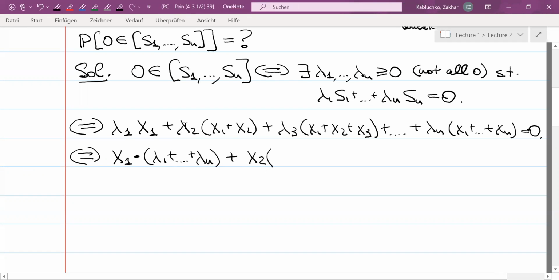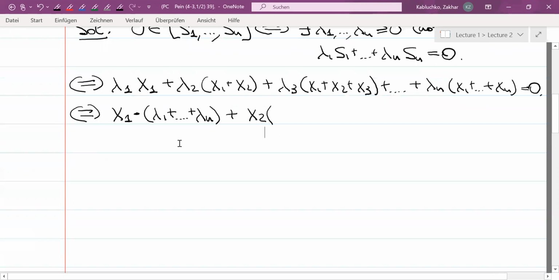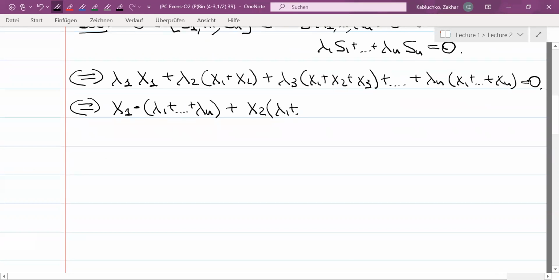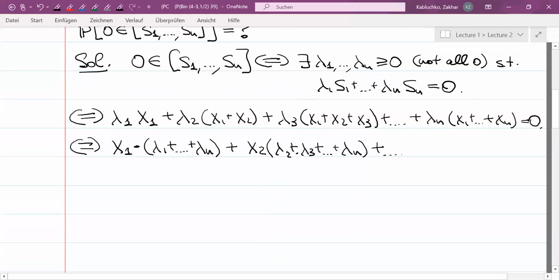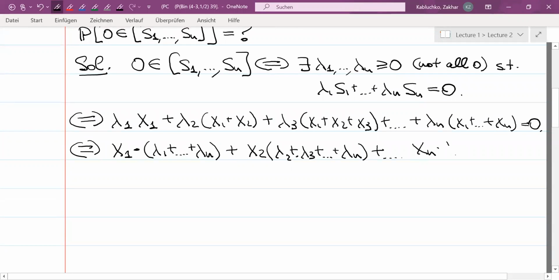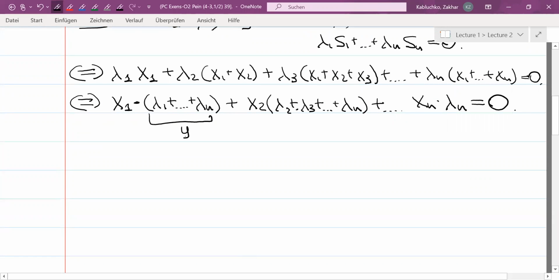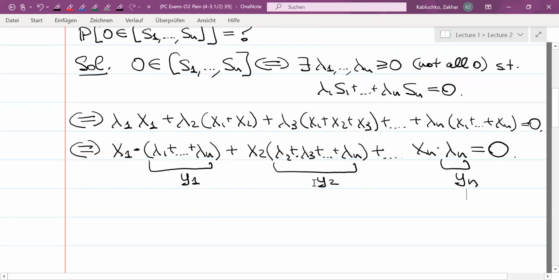x2 is almost everywhere. It is everywhere except for this first term. So it's x2 times (lambda 2 plus lambda 3 plus ... plus lambda n), and so on. And finally, xn is only in the last term. It is 0. So now we have the condition that there should be a combination of x1, x2, and so on, xn, but now the coefficients are like here. And if we denote them by y1, y2, and so on, yn,